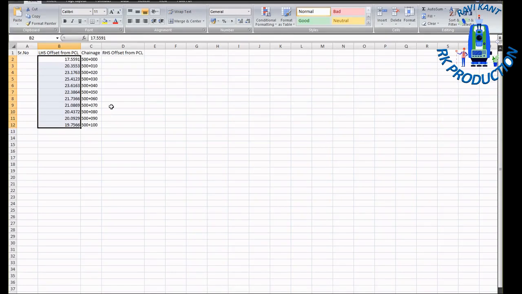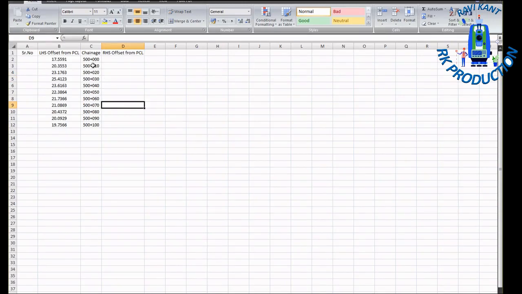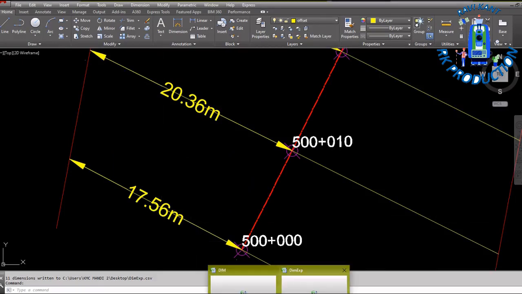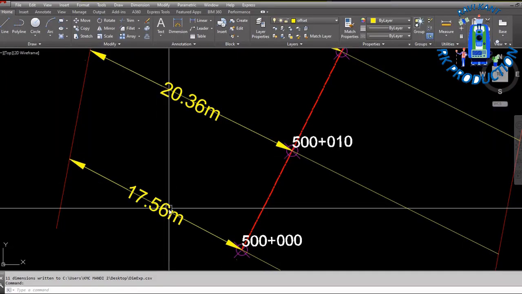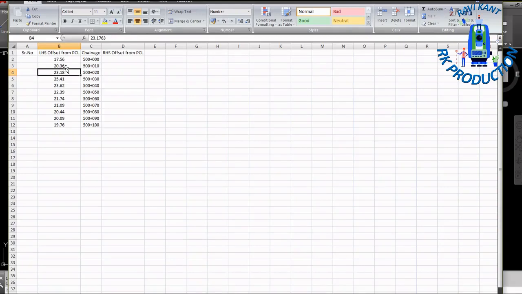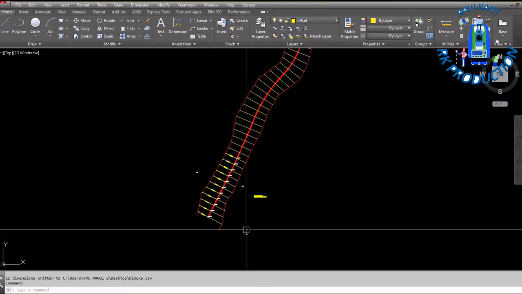Okay, now check here. You can see now 500+000. What is the offset? 17.559. Now check here, 17.559, because this is three digit. Okay, put this in 2 digit. That is more understandable for you also. 17.56, 17.56. At this 20.36, 20.36. Same like last 19.76, 19.76. Okay, so like this you can create offset